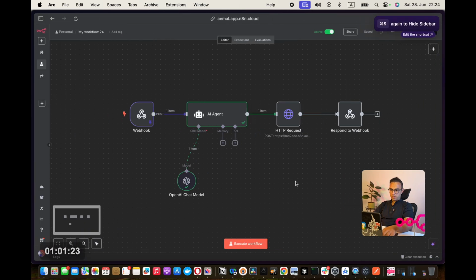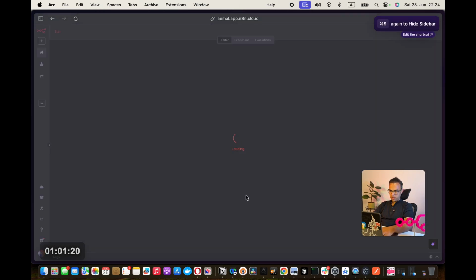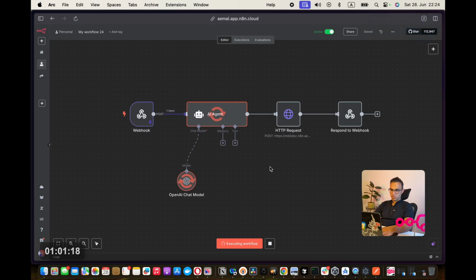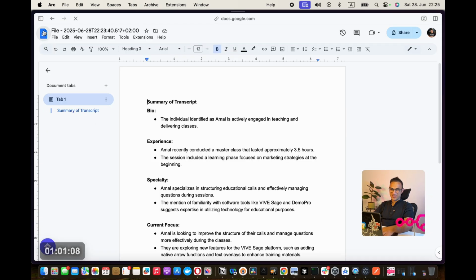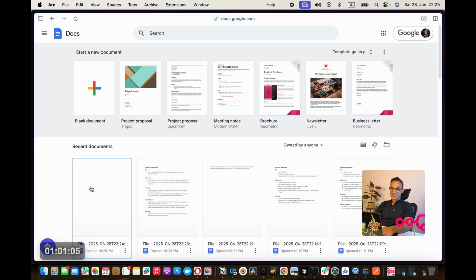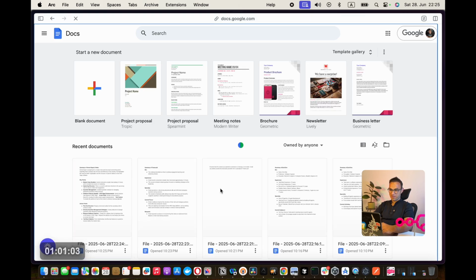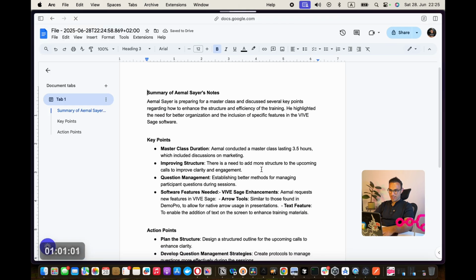So let's refresh this and re-execute this entire workflow. Now I should get a Google Docs that has all my notes. Well, actually, I'm going to use this because I use an actual feature request that I'm going to take care of. And voila.